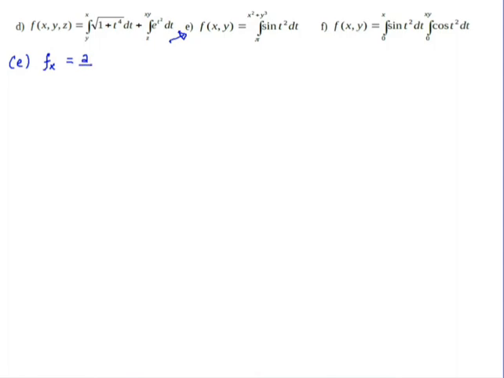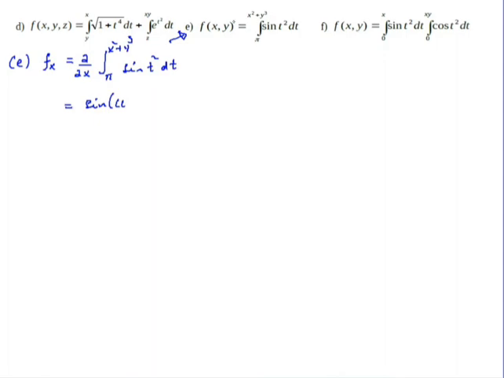The partial derivative of the function with respect to x, from pi up to x square plus y cube of sine of t square dt. We take the partial derivative using the theorem. So this is exactly the same as sine of, in place of t, x square plus y cube,